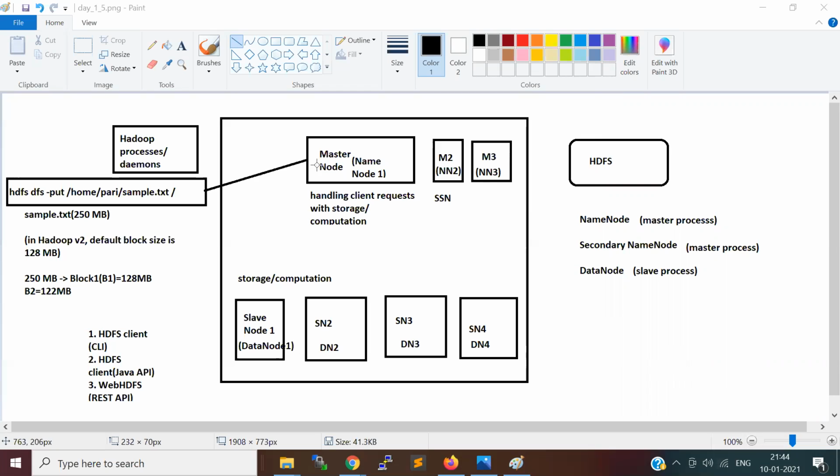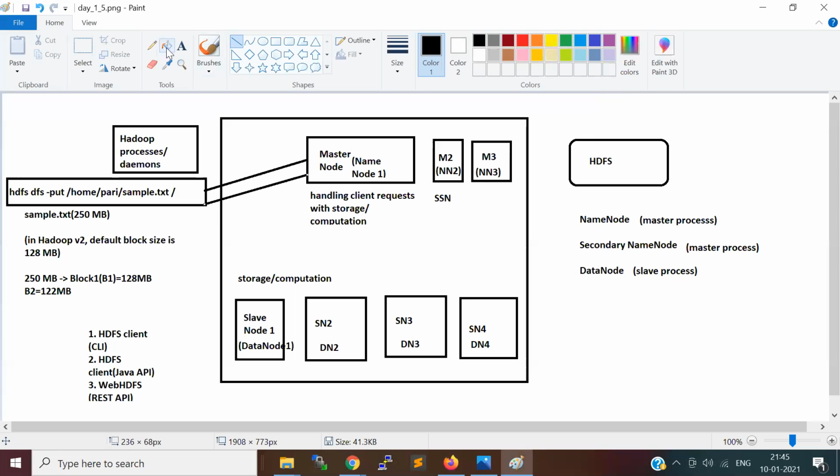It should be fine. Okay, so the request has come to the name node. The name node knows what the default block size is, so it will get the number of blocks this file is going to need. It will return the information to the HDFS client, in this case the CLI, command line interface.